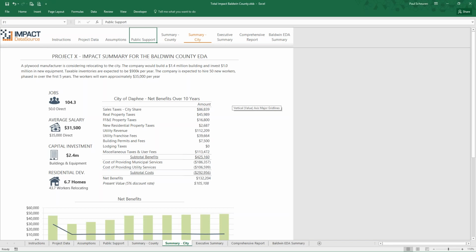From the perspective of the average salaries, the direct workers are going to make $35,000 a year. The spin-off workers make a little bit less, so across all of the new workers it's about $31,000. The project has a $2.4 million capital investment. We expect some new residential development in the community. We can see that we expect some of the workers maybe to relocate or to move to the area and